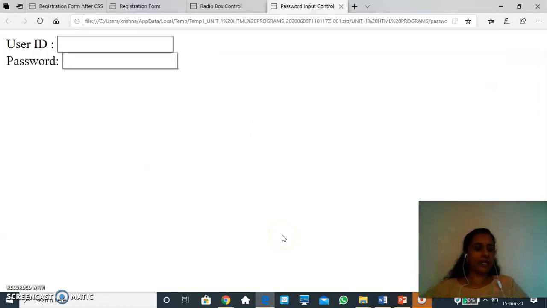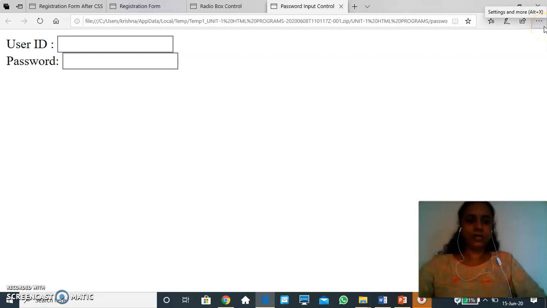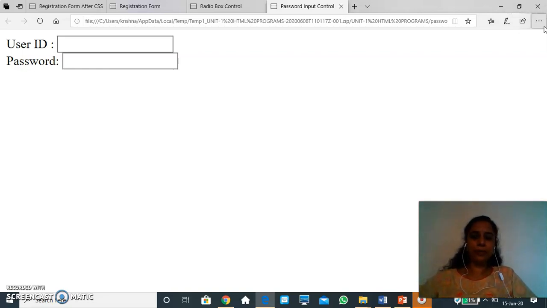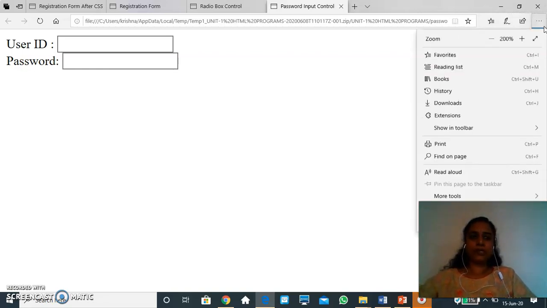Hi. Today let's discuss the various elements of HTML forms. To make it very simple and easy, I have just displayed the web browser. This is the output that I'm expecting, so I would like to write a program in order to present this output to you all.